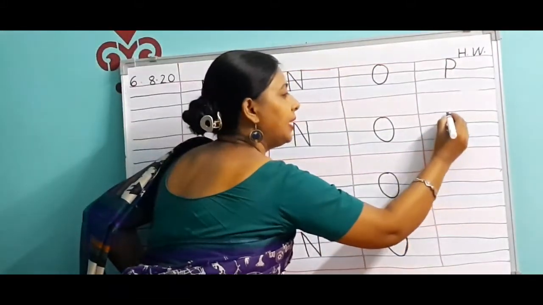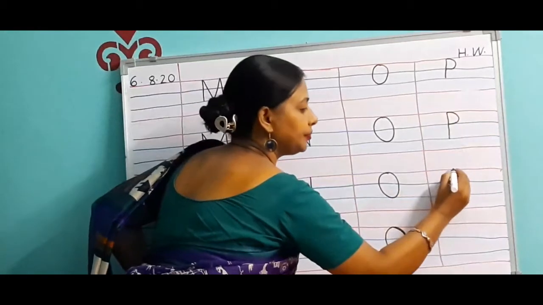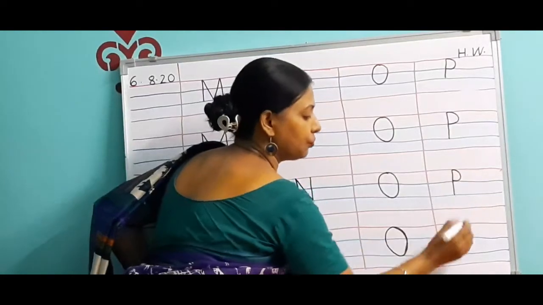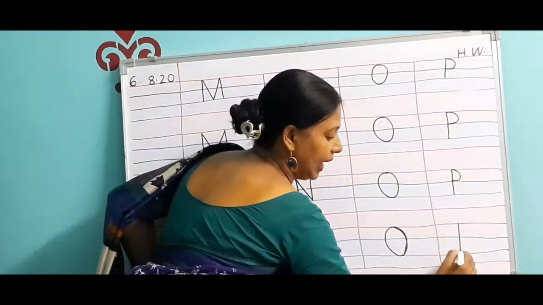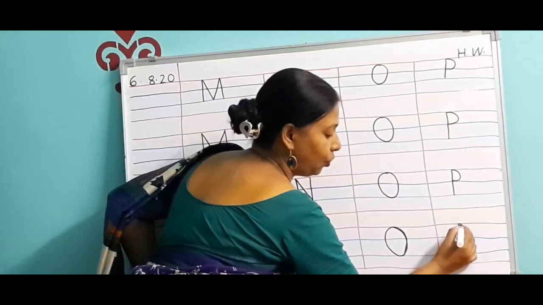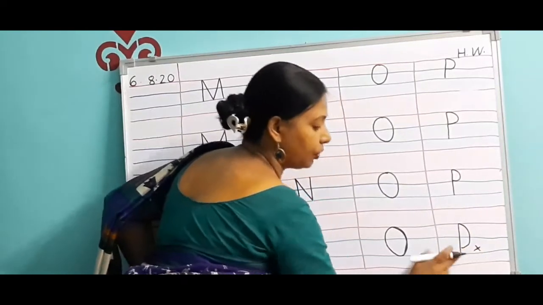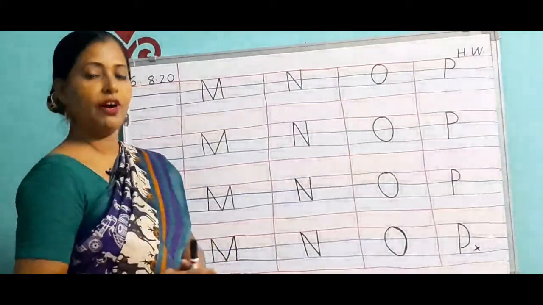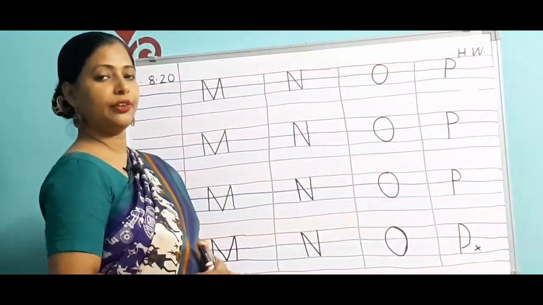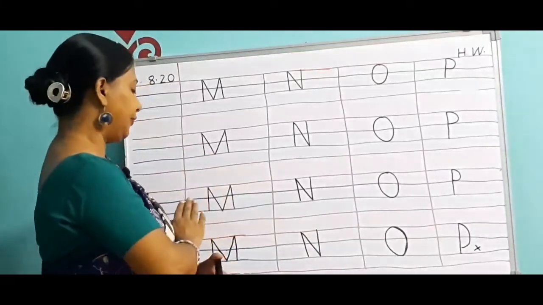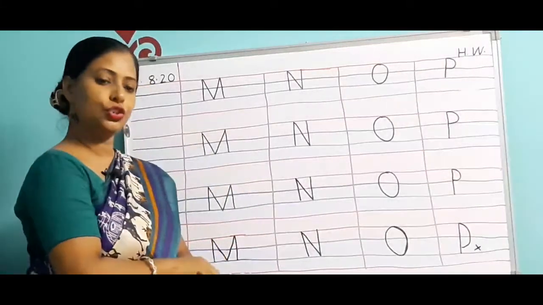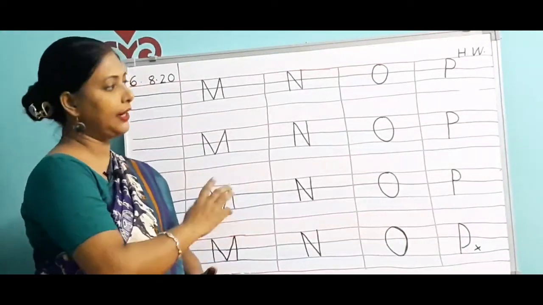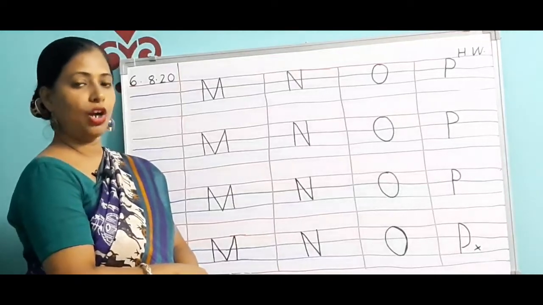Standing line and semicircle. The standing line and semicircle should be within 2 lines, 1, 2. It should not come out of the line. Don't make it like this. This is wrong. Don't make it like this. So this is your homework, HW. Okay, children, so you will do it in this manner, very neatly in your copy. Two works you have to do in English: 1 page classwork and 1 page homework. God bless you, children.